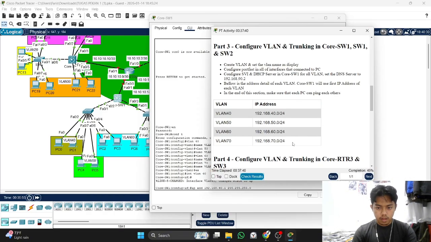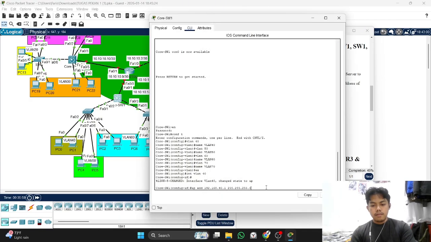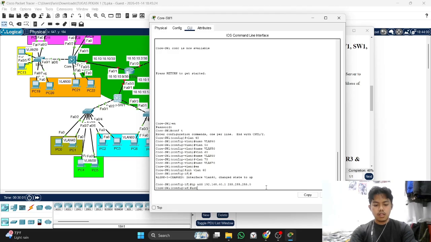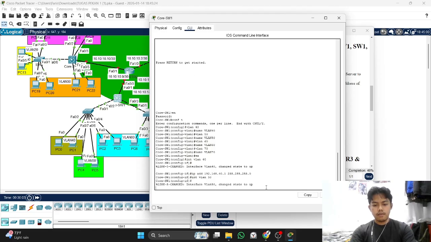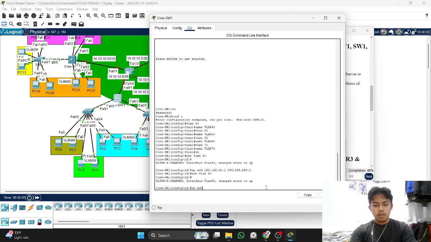Now we look at the task, it's the same. Next, interface VLAN 15, address 98.